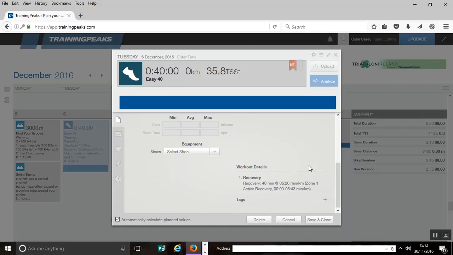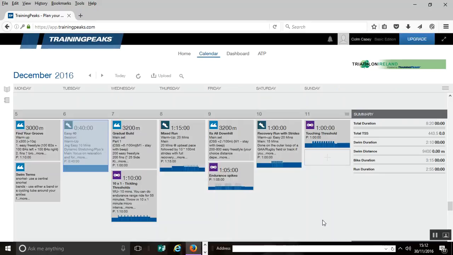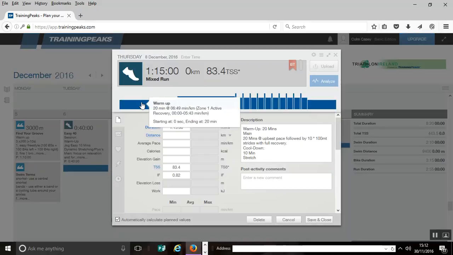Okay, so this is a pretty easy run. For me, this is a zone 1 run. I'm really trying to keep my heart rate low. It's a recovery run, so effectively it's 0 to 5 minutes 43 per kilometer pace. So it's a real comfortable pace run. I find these quite challenging, trying to keep my heart rate and my pace as low as possible. All you're doing is tiptoeing around, okay? That's fine. So if I move on and pop up this run here and look at it,